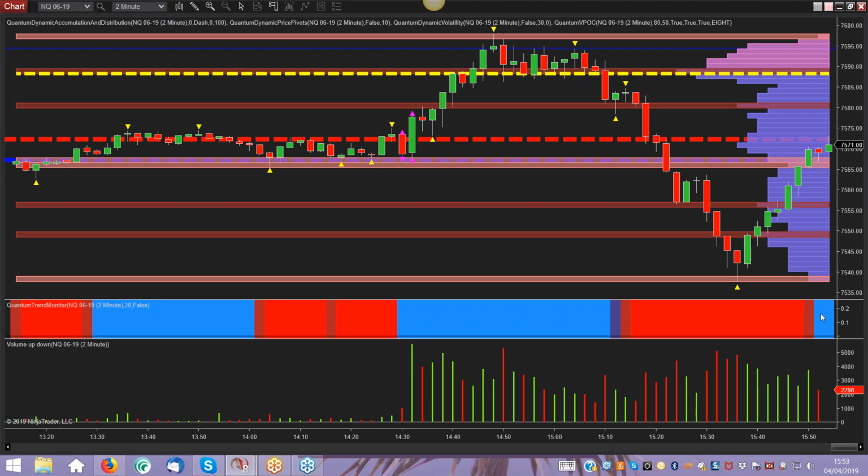We're testing and retesting this one too. Maybe a little bit more difficult to get through that. It's quite strong. It's fractionally stronger than the one below. But the good news is if it does get through there on decent volume, and you can see the volume under that last candle,